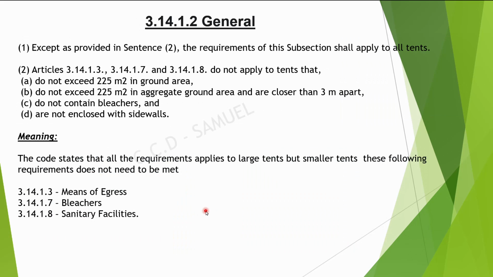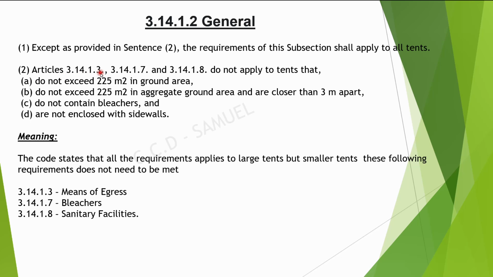Now, 3.14.1.2 general. Please pause the video, read through this section, and then continue the video. Now what does this section mean? The code states that all the requirements apply to large tents, but for smaller tents, these following requirements do not need to be met. So that's as stated in article